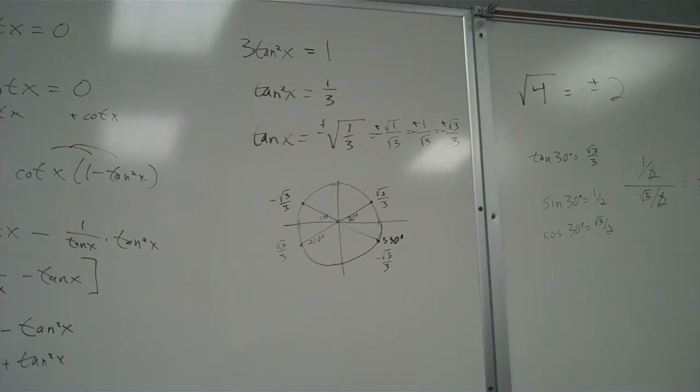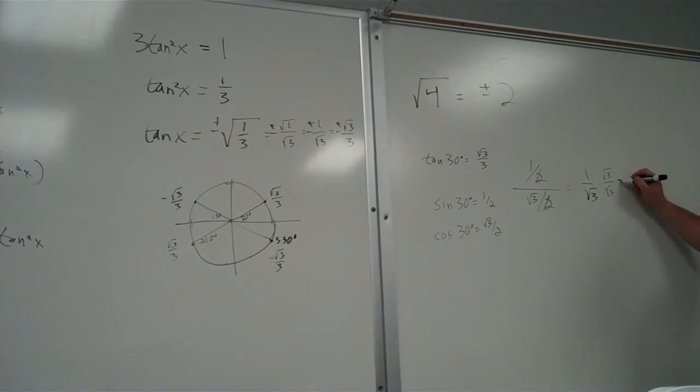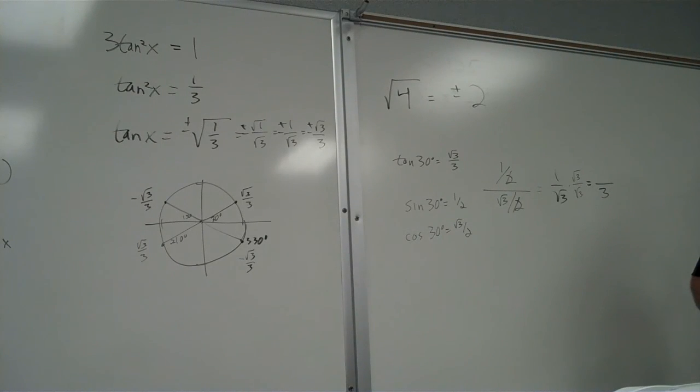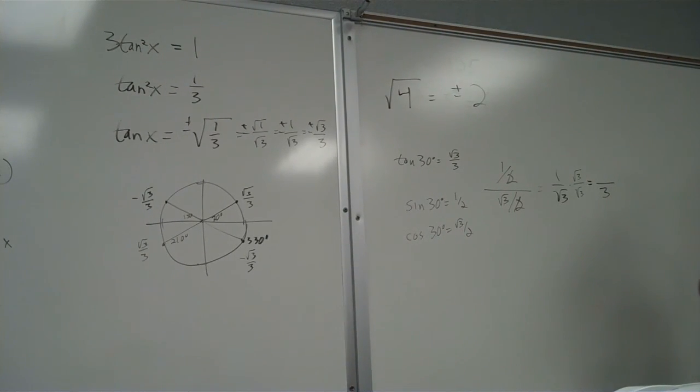Now for the good news. Any questions on this one? The thing you did at the very end? Okay, we don't like radicals on the bottom, right? Right. So we multiply the bottom by square root of 3, because the square root of 3 times the square root of 3 gets rid of the radical sign. Right. You just get 3. But you're not allowed to just multiply the bottom of